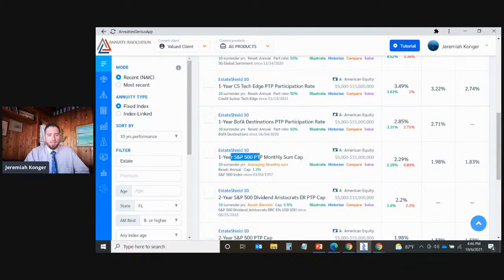And then last but not least, the S&P 500 point-to-point with the monthly sum cap. The cap is 1.2%. If you're not familiar with a cap, it just indicates how high you can earn in each given month. In this case, it's a monthly sum strategy. They're going to look at the S&P point-to-point on a monthly basis, and the most you can earn in any given month would be 1.2%. And they're going to add up the interest credits over the 12-month period to determine what your interest would be. Using that strategy, it's a 2.29%